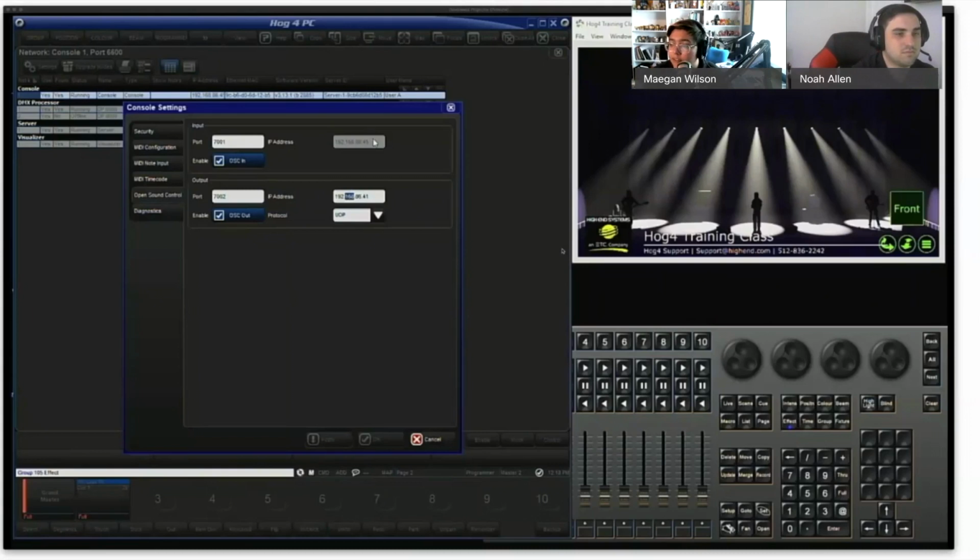So just be aware, if you're on a base model Hedgehog 4, you can't use Open Sound Control. But any other console and Hog 4 PC should be able to use Open Sound Control. And with that being said, currently with 3.13.0 and below and older, so from whenever OSC was introduced to